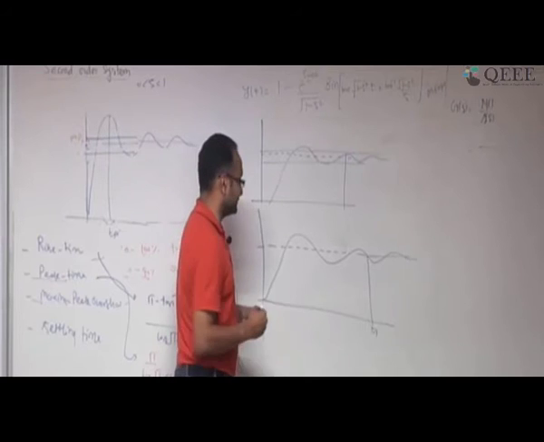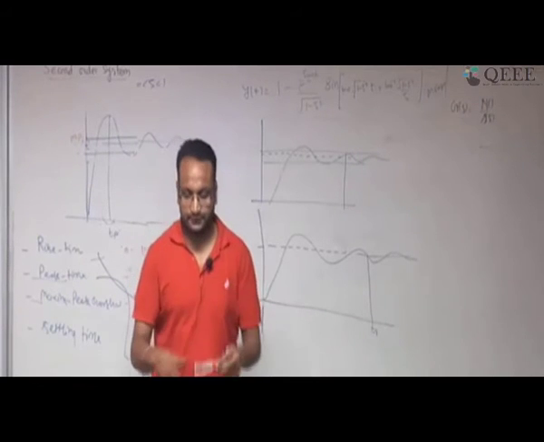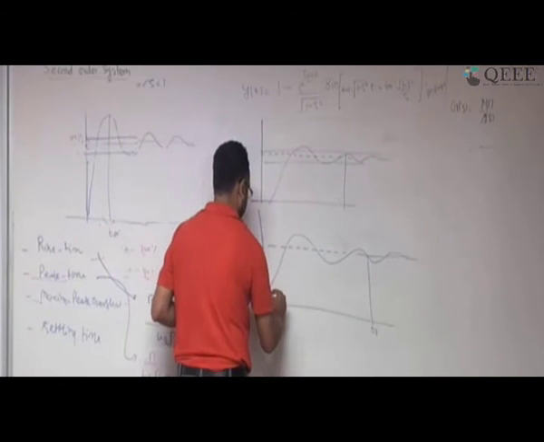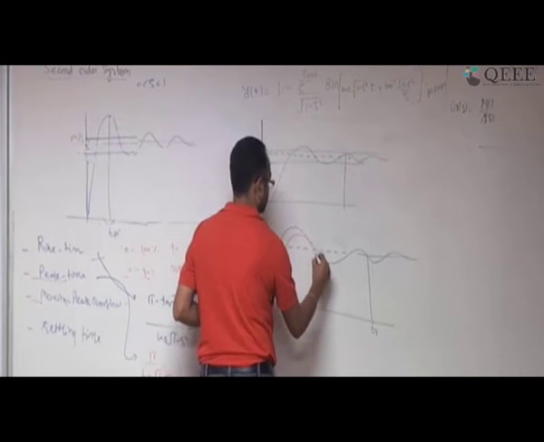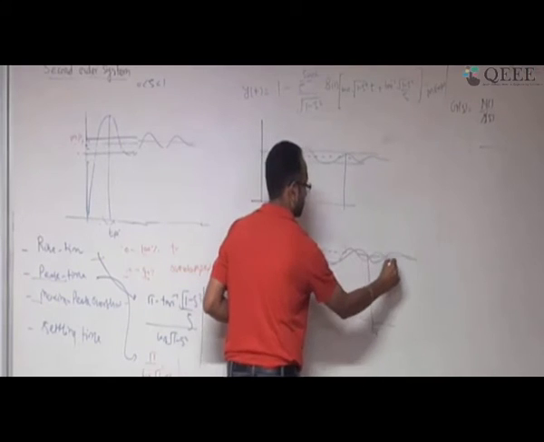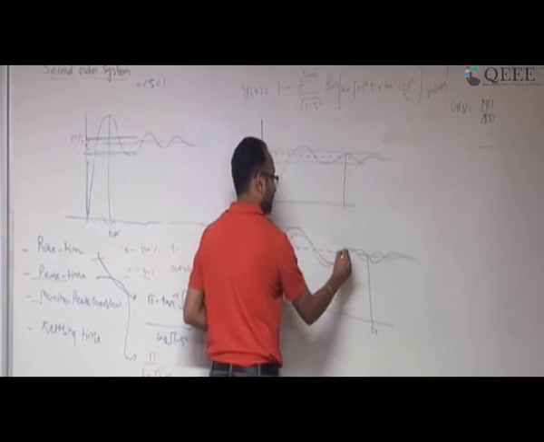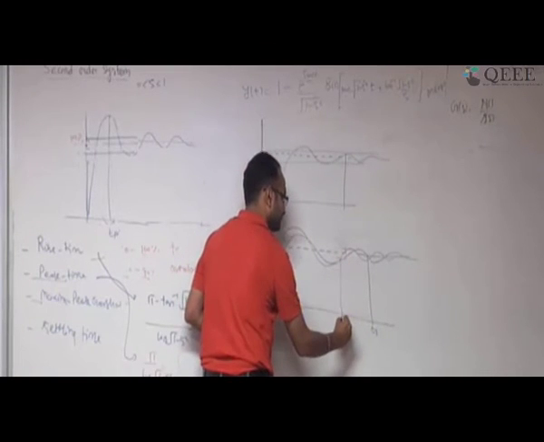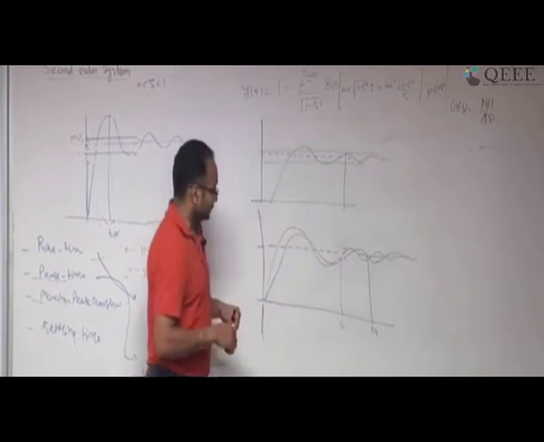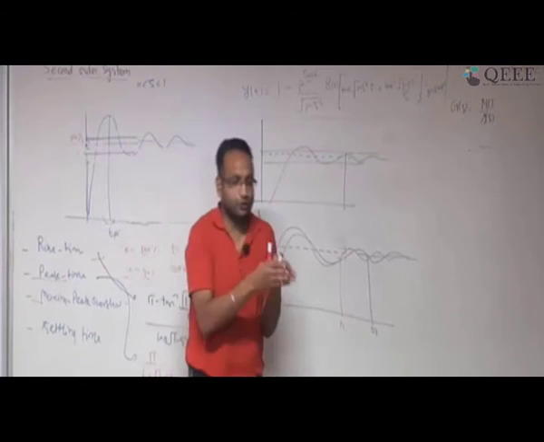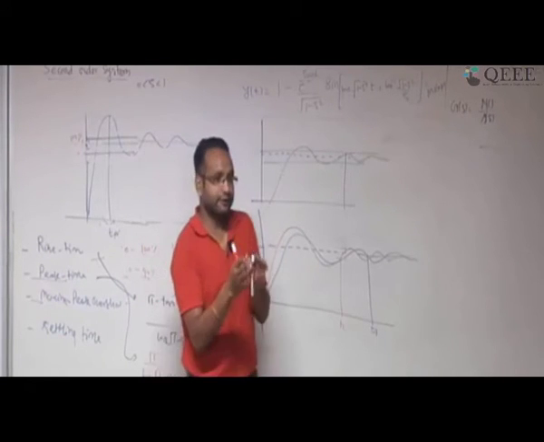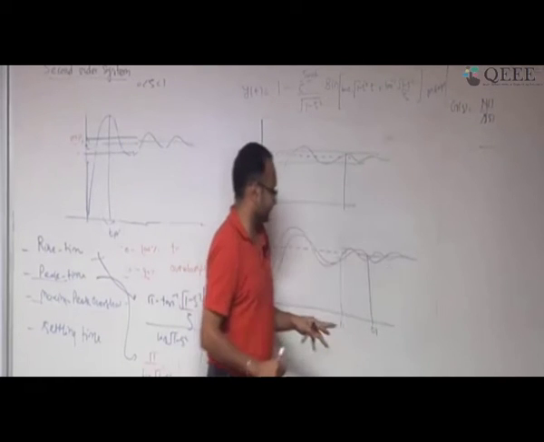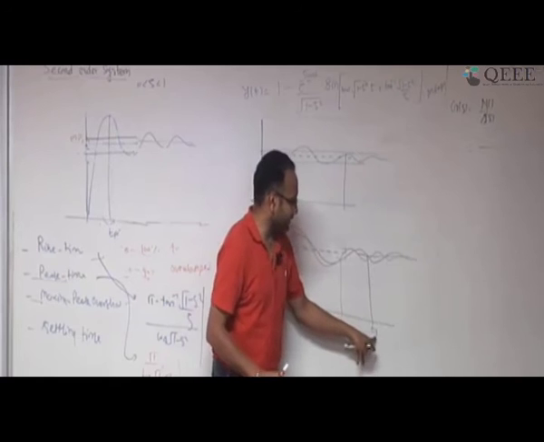if I reduce my zeta, the next response is going to be something like this. It's a typical behavior. So now if I reduce my zeta, this is my time t2, correct? When I reduce the zeta, I know zeta is from 0 to 1. Now I am talking about the value less than 1, and let me call that time the settling time,